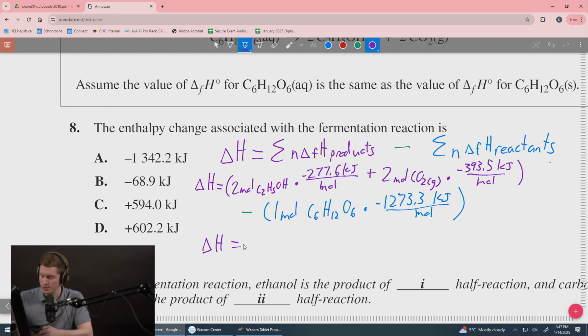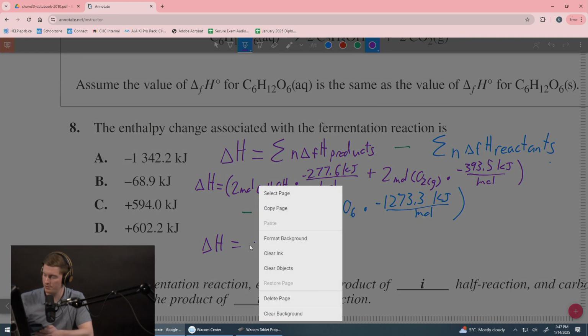So if we do 2 times negative 277.6, I just said watch your signs, and then I didn't do it on my calculator. I have my calculator in my hand here. And then you do 2 times negative 393.5. You're going to get your products is negative